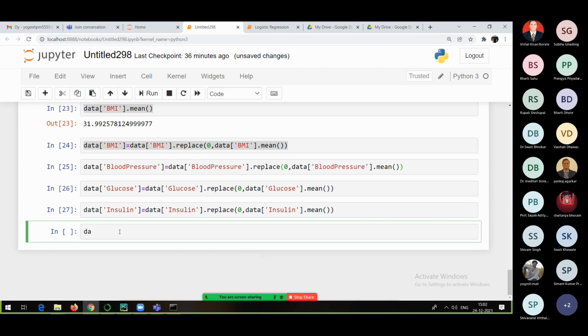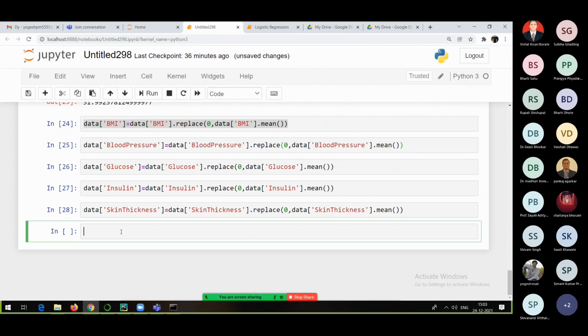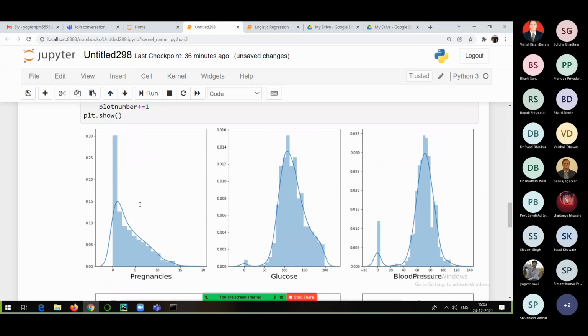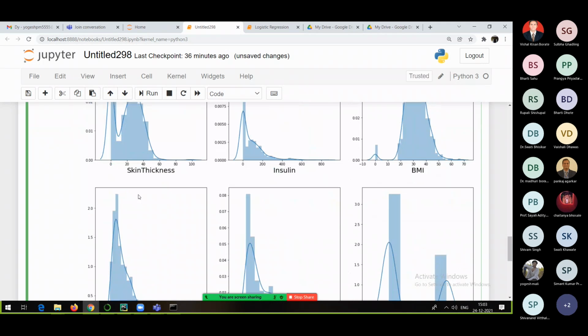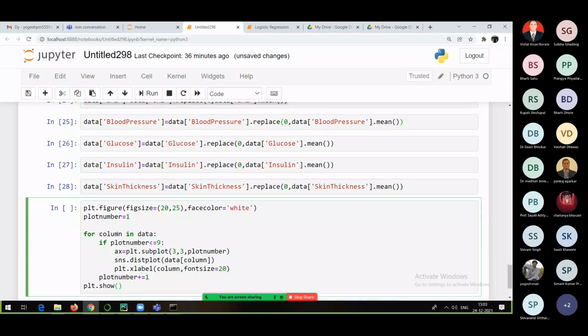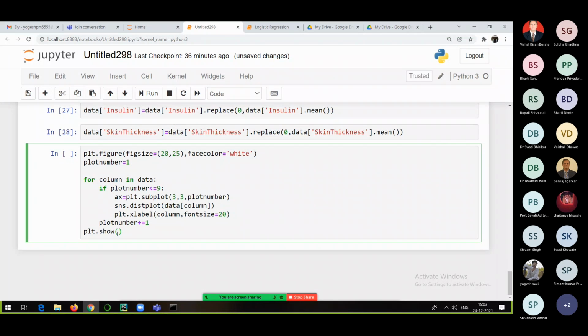And finally, I think there's one more column, that is skin thickness. Correct. So just replace this with skin thickness. And it will do the same thing for this particular column also. Right. So I have done it for all the columns where I felt there were missing values. Now if I try to see this particular code, maybe you will not be able to see that much of a difference, but our doubt was that maybe because of zero values we were getting some skewed data, and that's why we try to replace those zero values with the mean value.